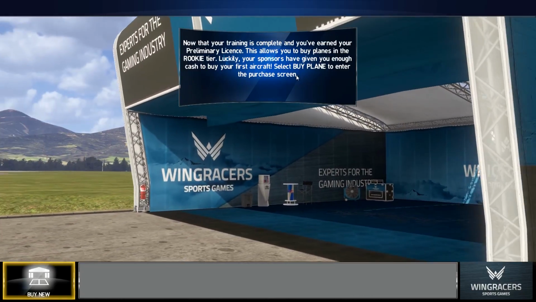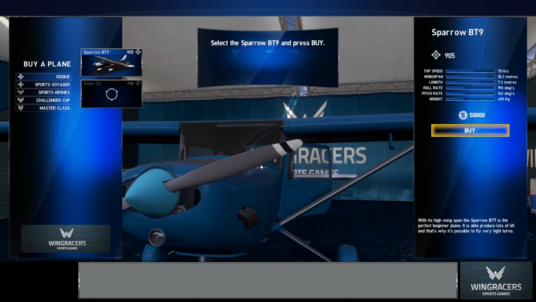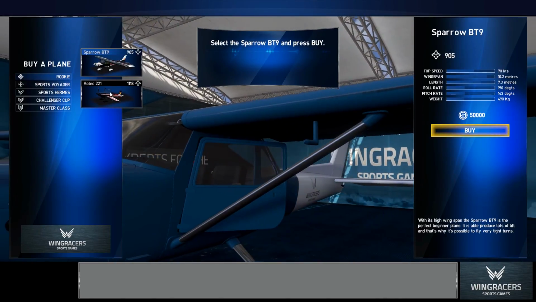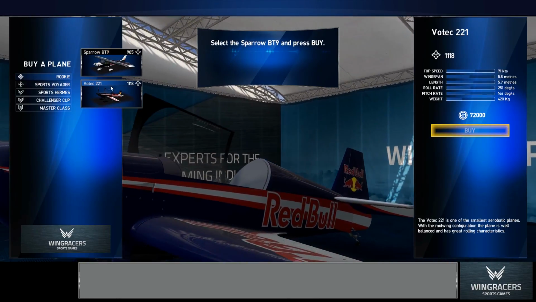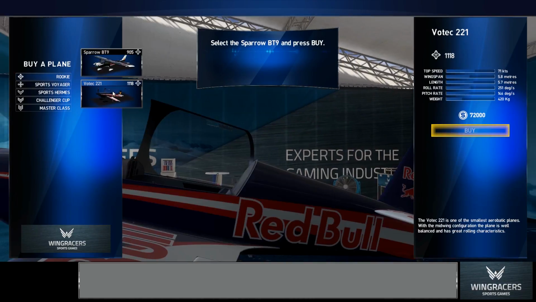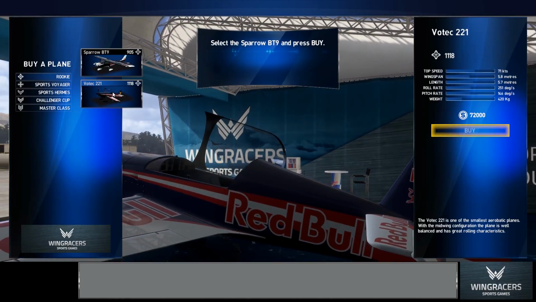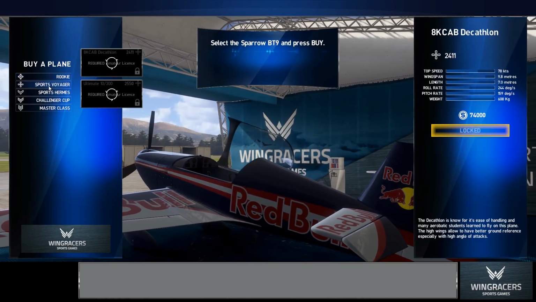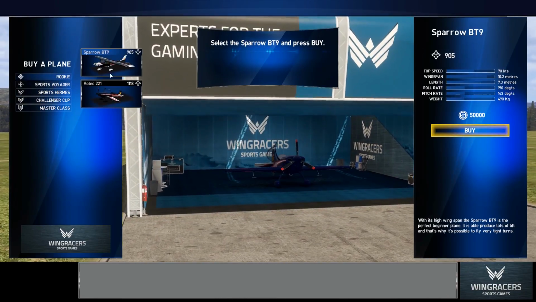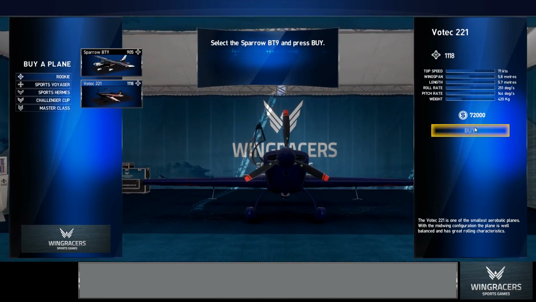Okay, well, sponsors have been giving enough cash for the reverse aircraft. Okay, we'll buy a new aircraft. Select the Sparrow BT9 or select the Voltec. What do we want? Well, I think we're going to go for... How much money have I got? Where does it say how much cash I've got? None of these available, so it's just the two rookie aircraft. Well, I've got 72,000, I see. So, we'll go for...